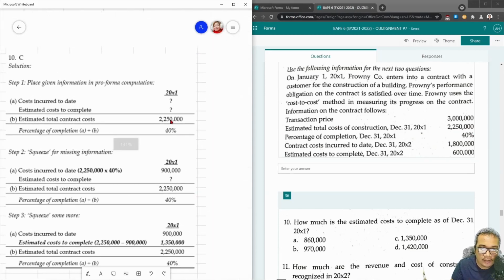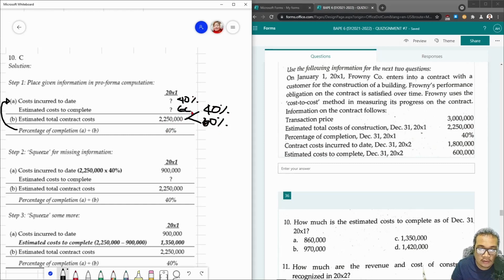Now, take note. Logic will tell you that percentage of completion is a portion of the estimated total contract cost which has already been incurred to date. Dalawa yan. Kasi diba? Saan nanggaling ang percentage completion? Galing yan siya dito. Oh, so dalawa yan sila, si cost incurred to date and si estimated cost to complete. And since alam mo naman dito na galing to siya dito, cost incurred to date, nung dinivide sa total contract cost, so lang 40%. Ito. Yeah? And 60% naman ito. So, work back mo na lang. Kaya dito, ang ginawa, yun.